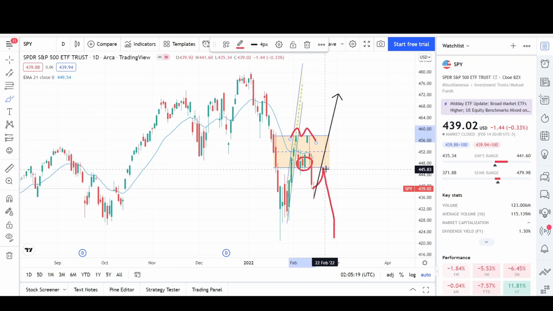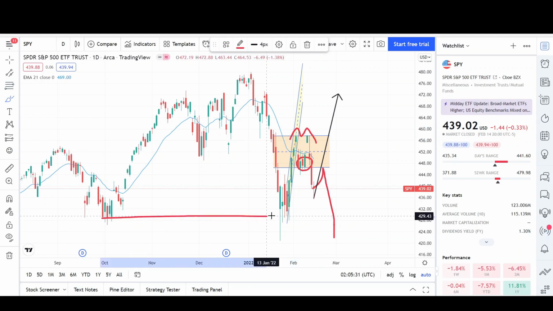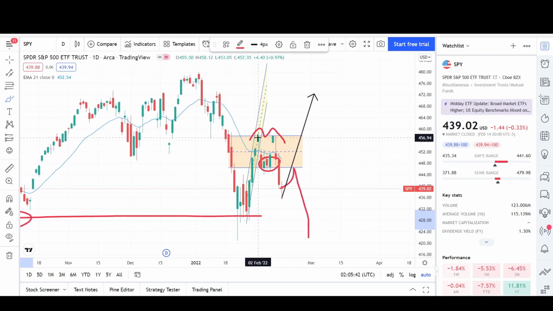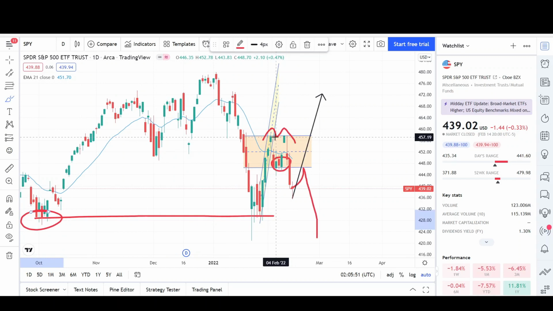So this is looking kind of bearish. It just depends on what the market wants to do at the 446 level. Is it going to come back to touch it and then reverse, kind of like we did over here? This is an example of how price action tests levels. It came back to test this previous low, and then from that there was a big rally. But then price action came up to the 457 level. It got rejected, then came back again. So that was the second time it came back to this level and got rejected again. So if the market does something twice and it fails, most likely it's going to do the opposite,